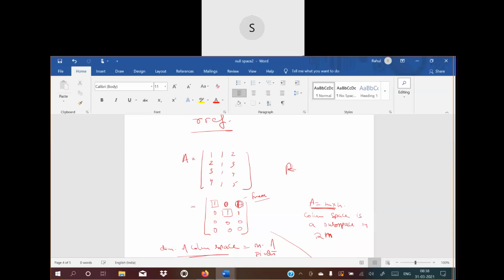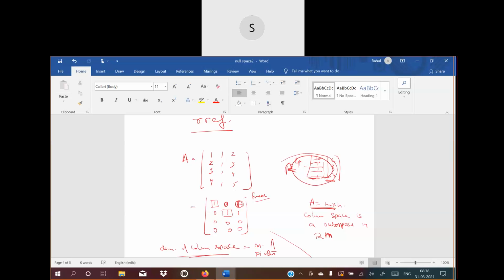R4. Just don't confuse this. R4 means you have 4 elements: 1, 2, 3, 4. And dimension 2 means you have 2 elements, so you have these 2 vectors. That is your dimension. The space R4 means you have 4 elements, 1, 2, 3, 4. So these are 2 different things.